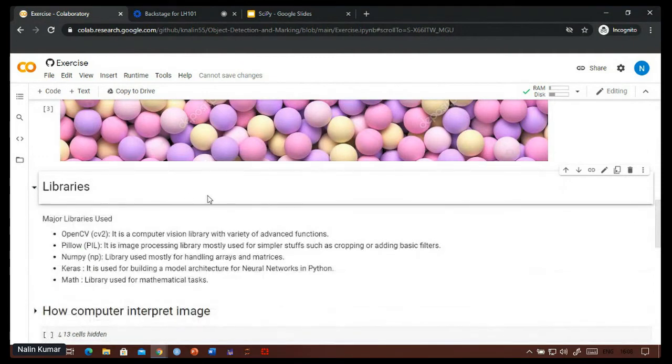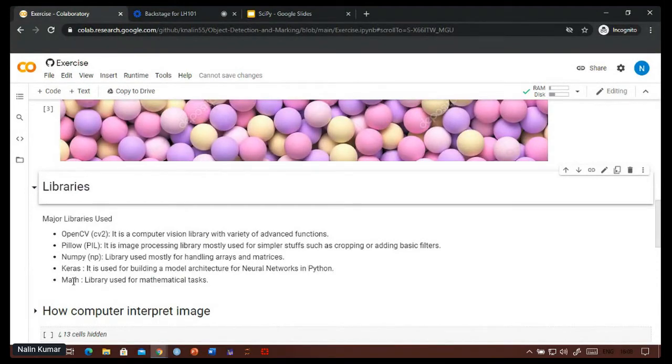Our code is mainly based on these five libraries: OpenCV, Pillow, NumPy, Keras, and Math. Let's start with the math library.